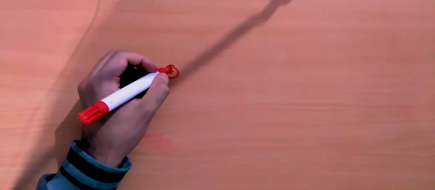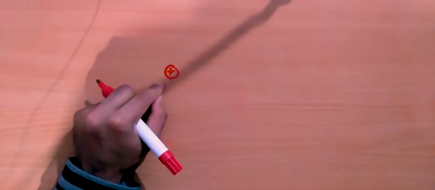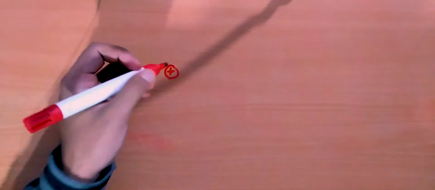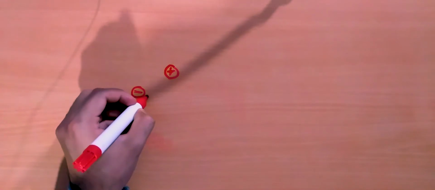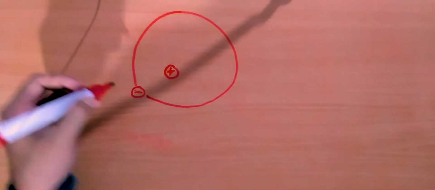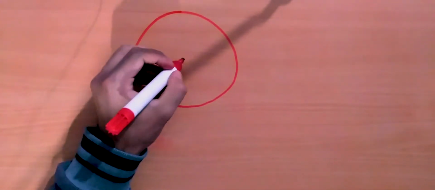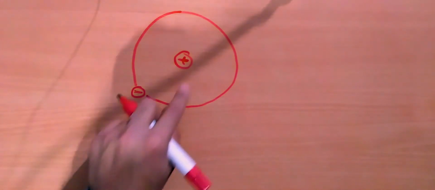So let us just take this proton here that is at the center, which is the nucleus. So the nucleus is only composed of a single proton. We have no neutrons here, and to balance off this charge, I'll just put an electron here. This is a small electron, and this electron is revolving around this nucleus, which is just a proton. I'll just center it here. The electron is revolving around this nucleus, which is just a proton, in this circular orbit.